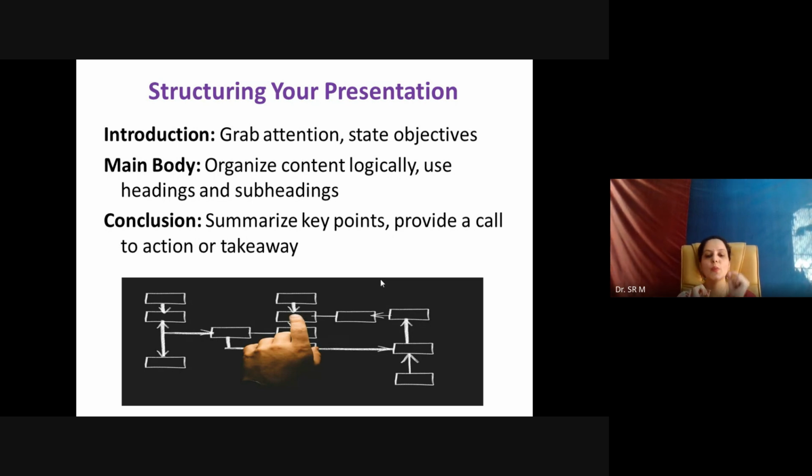Means you are inspiring your audience further for further reflection or for further action. So encourage your audience to apply the knowledge gained. Try to explore the related resources or engage in the follow-up discussions. Then what is it you are doing as educators? You are trying to deepen their understanding of the topic. You can just end by encouraging action, such as supporting the solar projects or say using solar energy at their